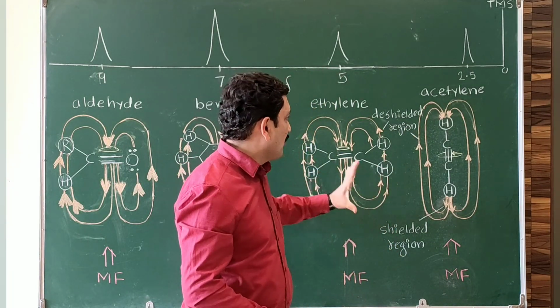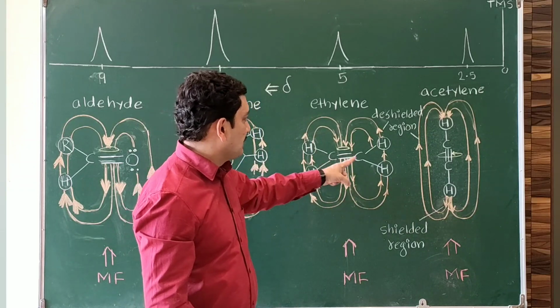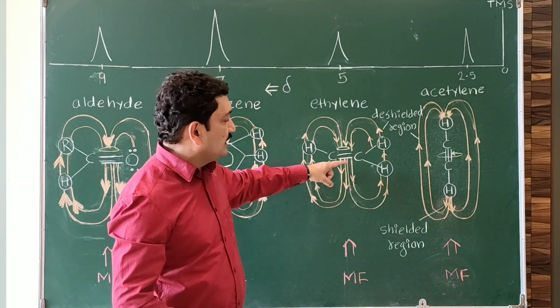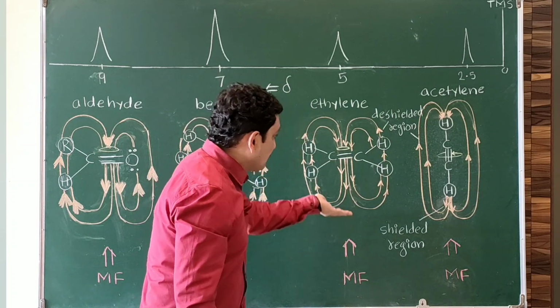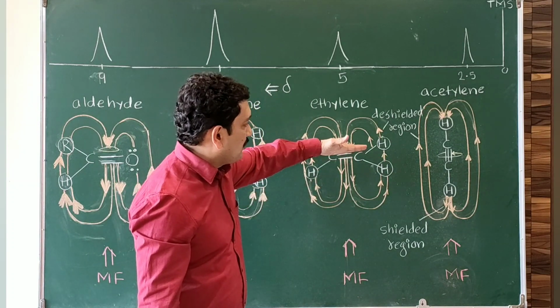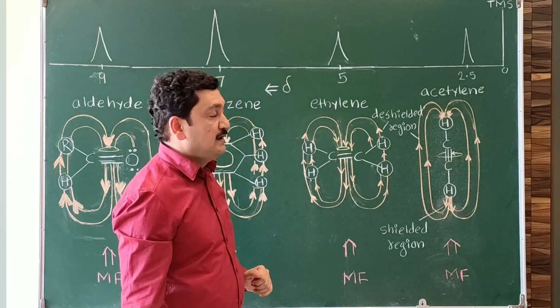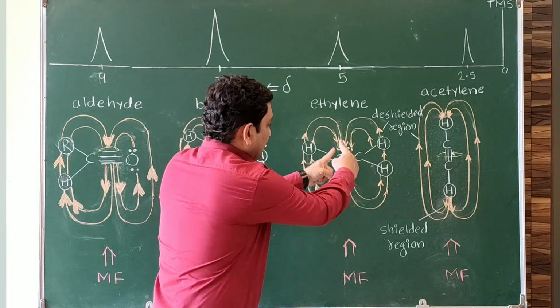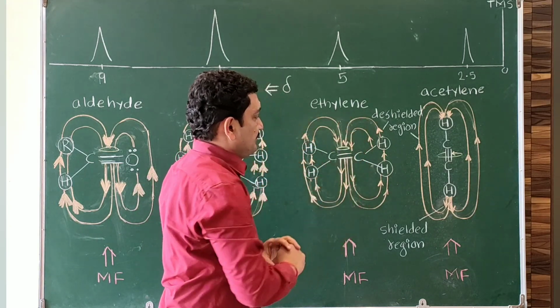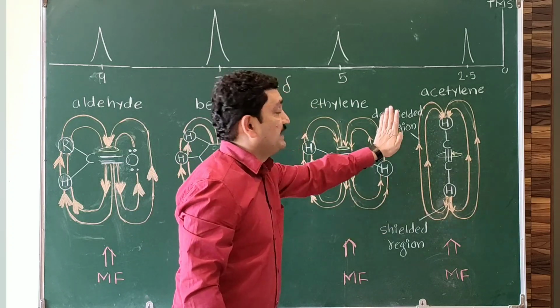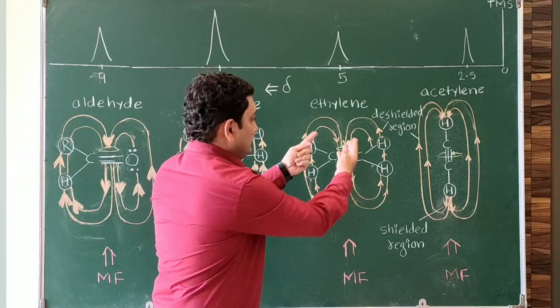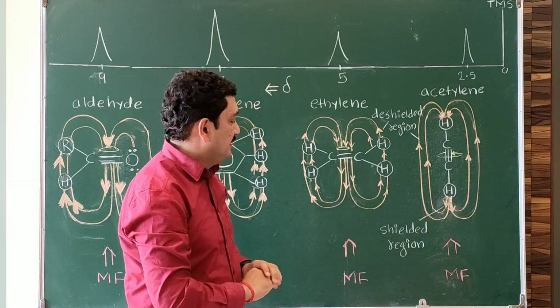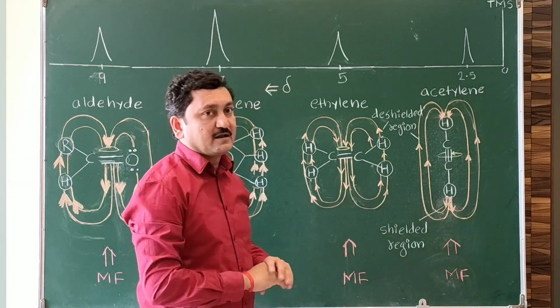Now we'll take the example of ethylene, CH2 double bond CH2. It contains one pi bond. These are the pi electrons. If we supply the external magnetic field, these pi electrons will vibrate and circulate, and perpendicular to them a secondary magnetic field will generate, having a shielded and de-shielded region. Our hydrogens are not present in the shielded region, they are present in the de-shielded region, where the secondary field aligns with the external one.